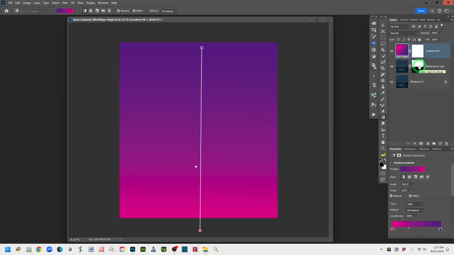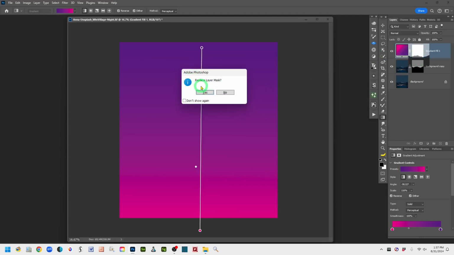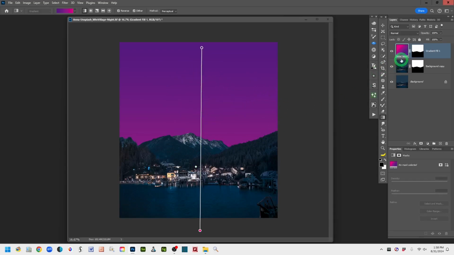So to do that, you press Alt or Option, keep it depressed, left click on the mask, drag up to the empty mask, and it'll ask if you want to replace it. You say yes. Okay, so now you can see that we have our gradient, our new colored sky overlaid on there. And again, you can reduce